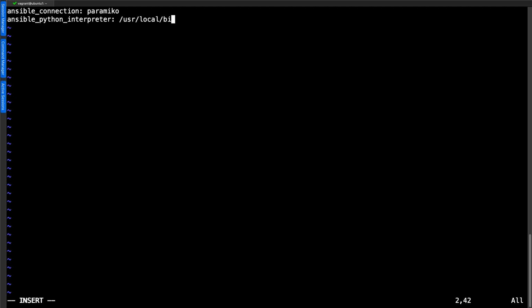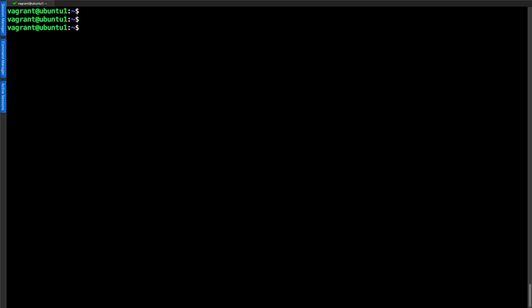So once we've got that in, we can check that we've got everything spelled correctly. So this is pretty good. I've got Python spelled correctly. I've got interpreter spelled correctly. That's unusual for me. So we're looking like we are ready to go. So let's go ahead and save our changes, clear our screen, and just take a look at those inventory variables.